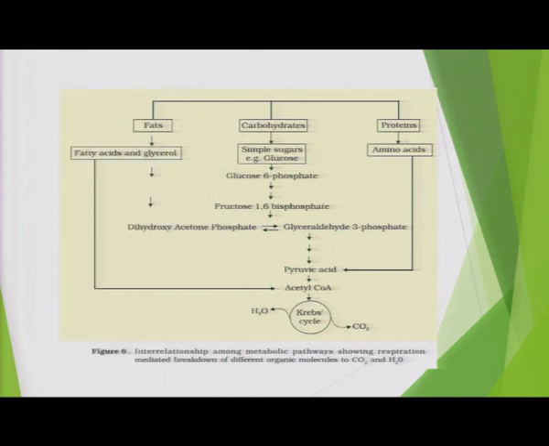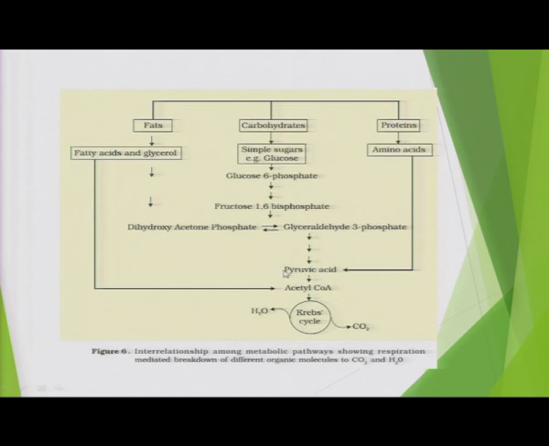This depicts how fat, carbohydrate and protein help in the formation of other reactions in the carboxylation process, like oxidative carboxylation, where the pyruvic acid is converted into acetyl coenzyme A. Here the fat is converted into fatty acid and glycerol, then fatty acid directly forms the acetyl coenzyme A, which is the link product,